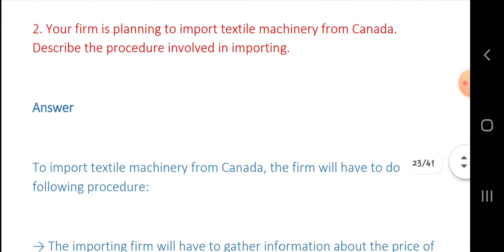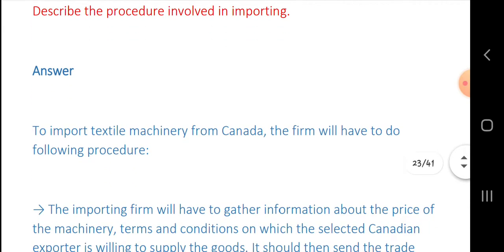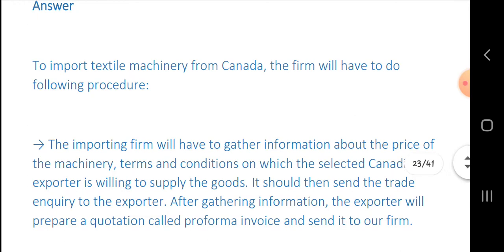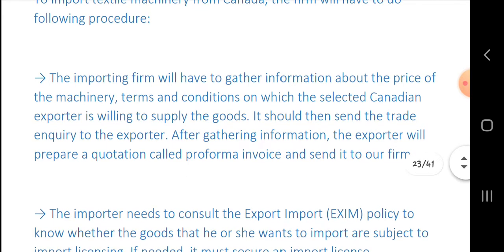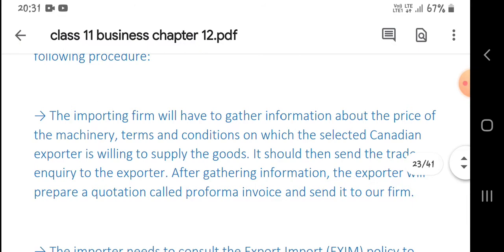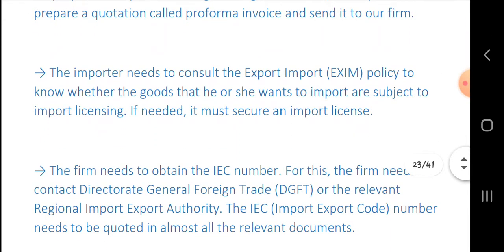Your firm is planning to import textile machinery from Canada. So how does it happen? Let us know. The importing firm will have to gather information about the price of the machinery and the terms and conditions on which the selected Canadian exporter is willing to sell, and the importer needs to consult the export import policy, EXIM policy, to know